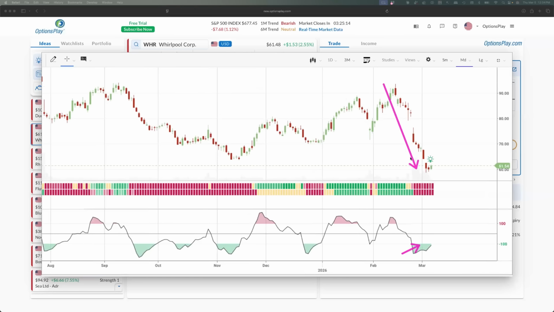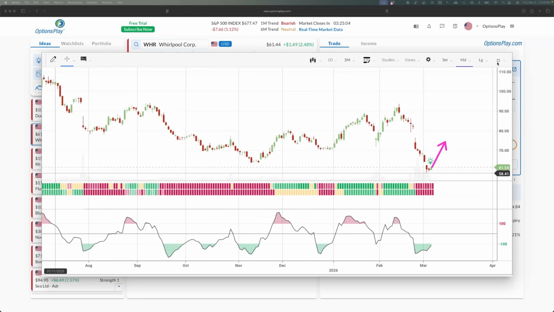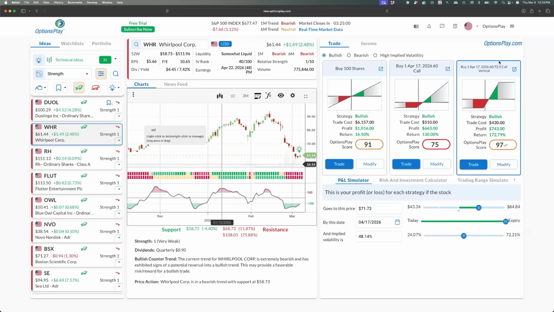I'm guessing the stock also reported earnings recently, which is why the stock is down so much, and it could potentially be a bounce candidate. So this is really where you might have to do a little bit more homework on the stock itself to decide, is this a buying opportunity? But my goal is to help you identify, out of the thousands of stocks, just a handful of stocks that you might want to do a little bit more digging on to say which one is potentially worth buying